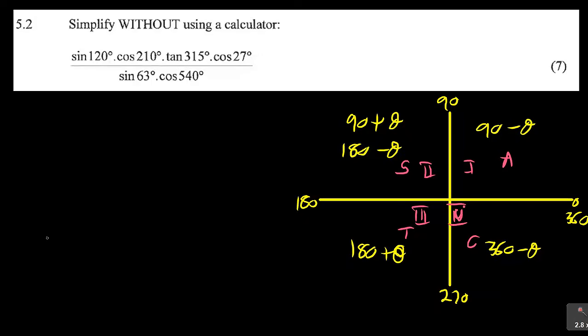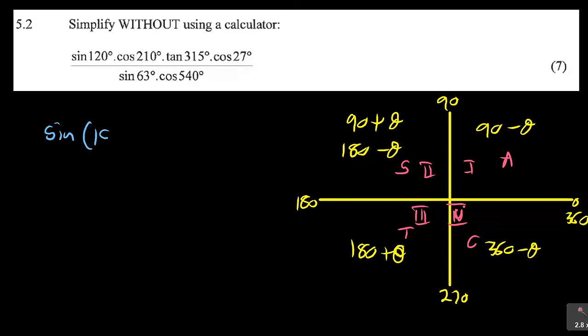So now let's apply the question here. What we're given here is sine 120. So you ask yourself, which quadrant is sine 120? And you know that sine 120 is in this quadrant, because it's after 90 but before 180. So it is in quadrant number 2, and the reduction rule for quadrant number 2, we're going to use 180 minus theta. So this is same as saying sine,